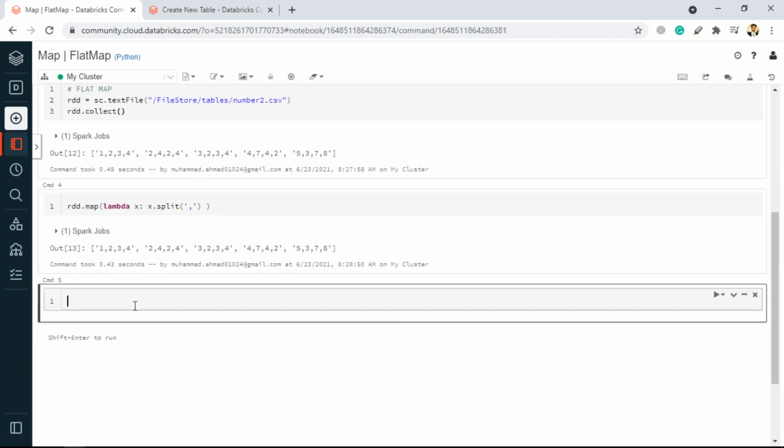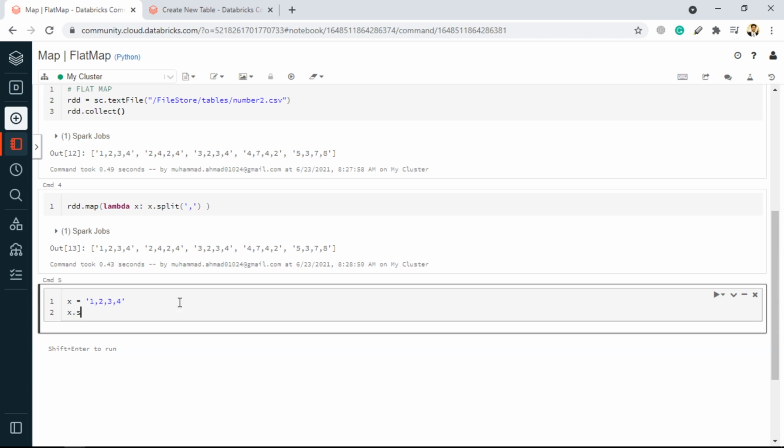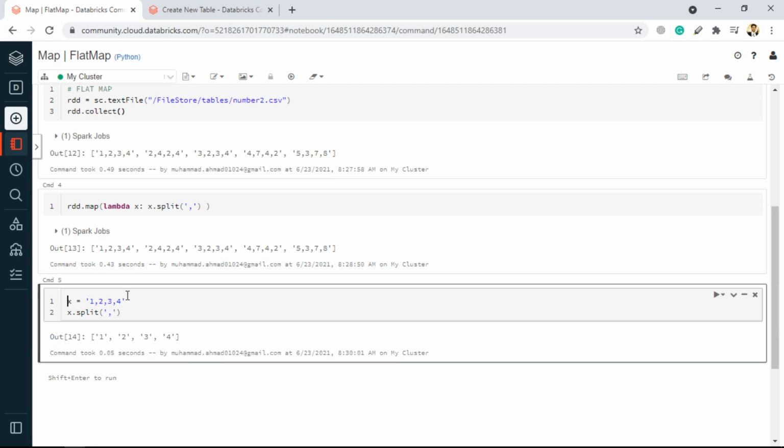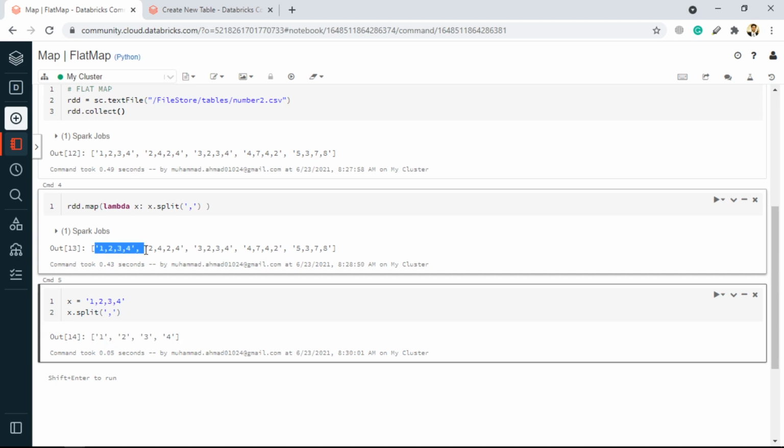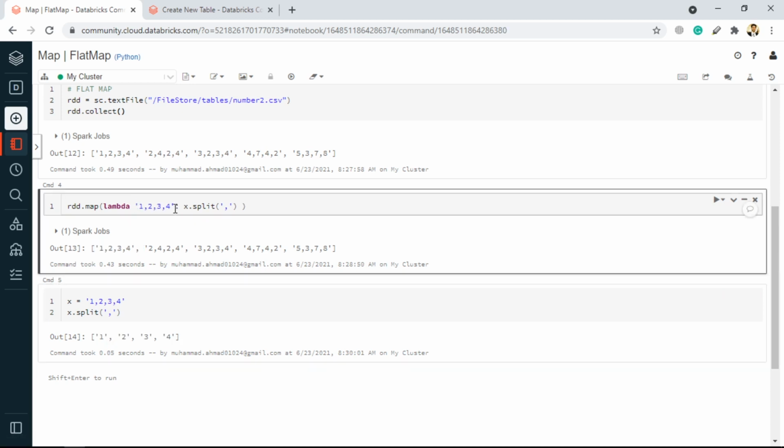If I go over here, if we have a string and we call x.split on the basis of comma, because the string contains commas, and run it, you will notice we get a list of elements. The same will happen over here. It will take this element, put it over here, then split it based on commas, and return us a list of elements.